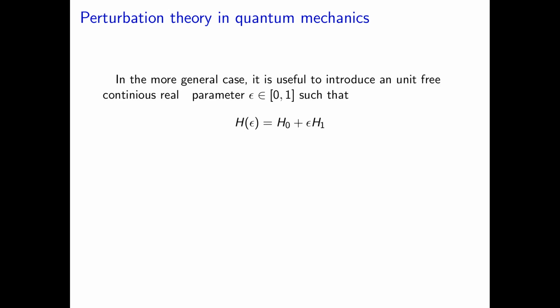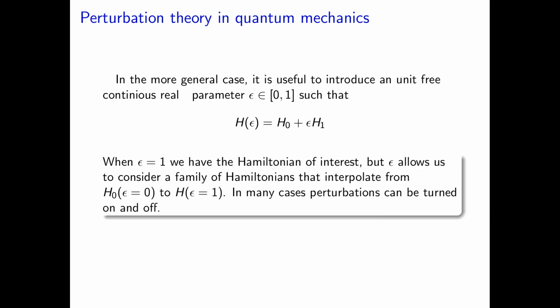And why are you doing that? It basically allows us to consider a family of Hamiltonians that interpolate from H naught to the full H, and it turns out to be a useful thing to do, because we can use certain mathematical techniques to solve this problem when you have such a parameter in the problem. Okay. So, now you understand the role of the parameter epsilon, and then we will see whether we can do an approximation or an expansion on this.